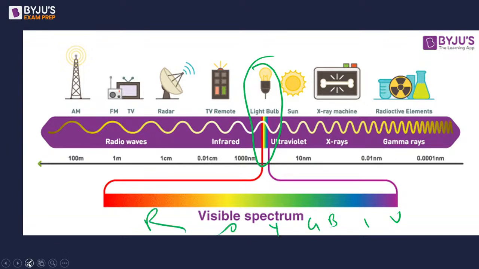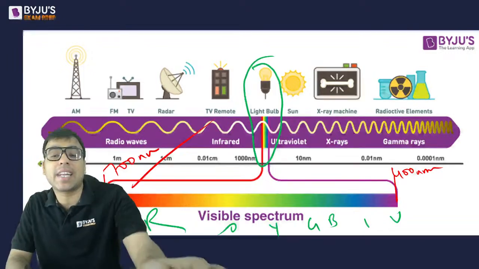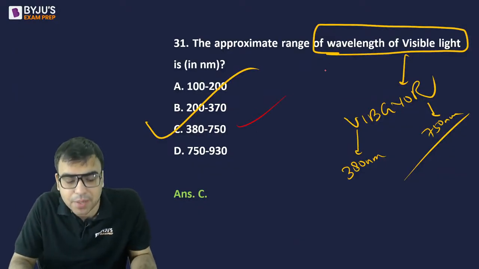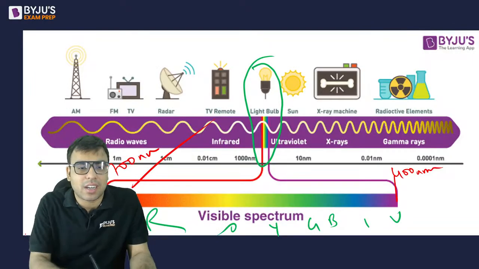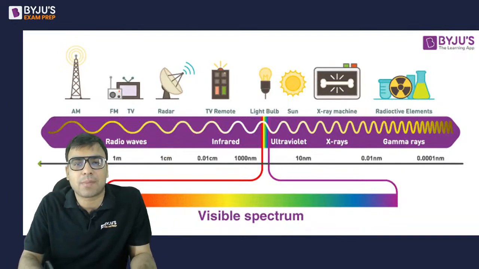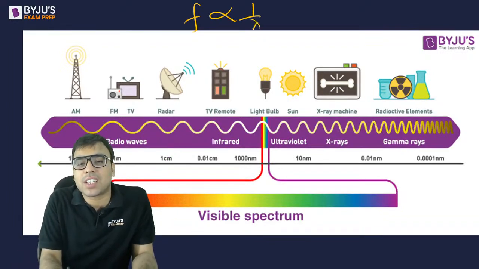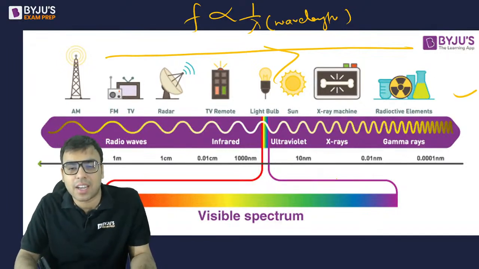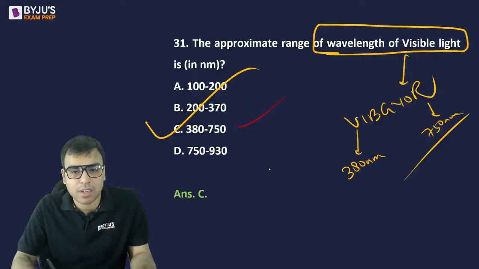ठीक है. सो दिस वन इज एक्चुअली समवेयर अराउंड, मैंने तो ऐसे याद रखा है 400 से 700 नैनोमीटर. सो समवेयर अराउंड 400 नैनोमीटर, यू कैन रिमेंबर, एंड हियर इज 700 नैनोमीटर. ठीक है. So these are called as electromagnetic spectrum. मैंने बहुत बार बहुत सारे एग्जाम में क्वेश्चंस देखे हैं इस पर. So just have an idea about it. ये भी याद रखना, frequency is inversely proportional to lambda. Lambda means wavelength, and wavelength decreases from radio wave till gamma rays. Okay, yes, C is the right answer.